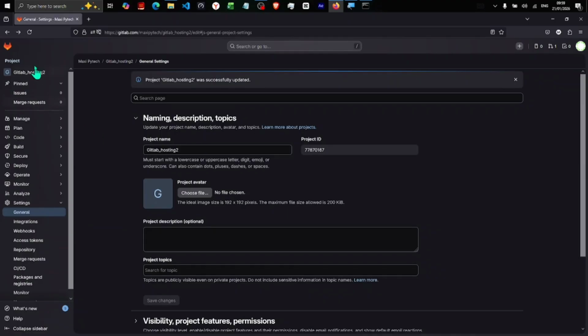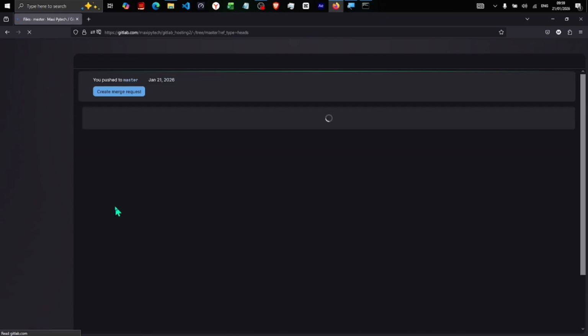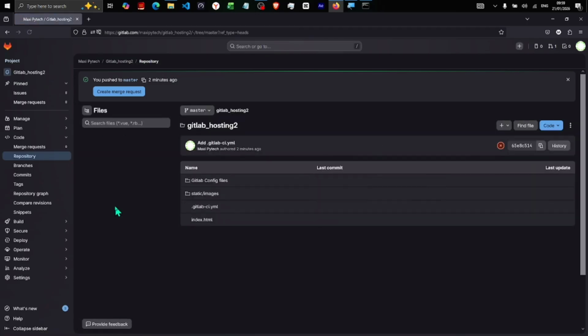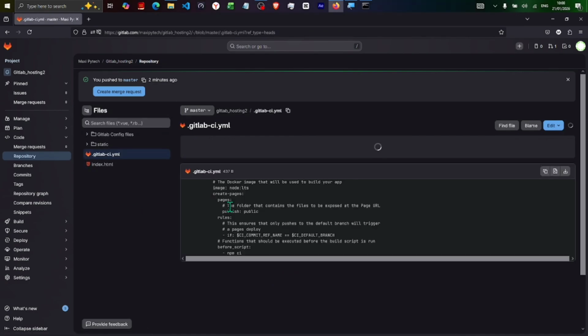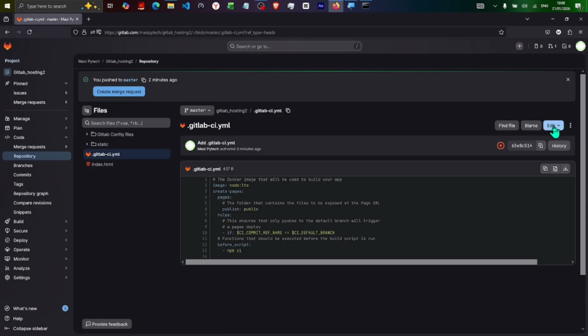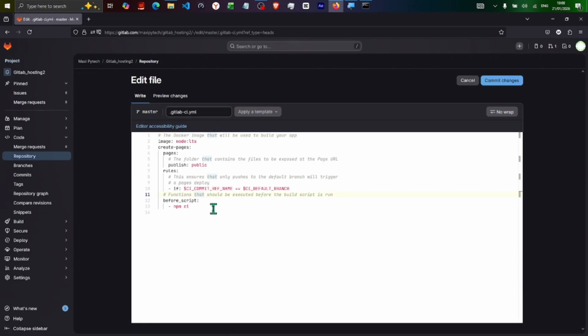We'll need to go back to our repository homepage, and then on the branch main, you need to select the master branch or any other branch that you are using. And something that we have to configure is the gitlab-yml file. Click on it, and then we'll edit the file here. Edit, and then we'll edit the single file. This is how it looks like, but we need to properly configure so that our website will be hosted on